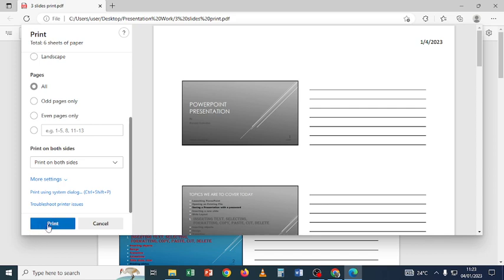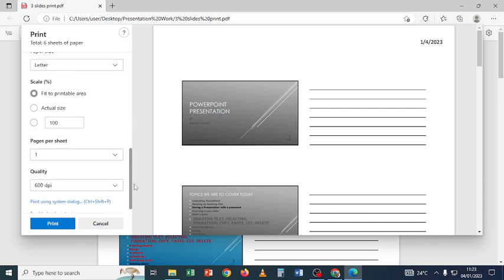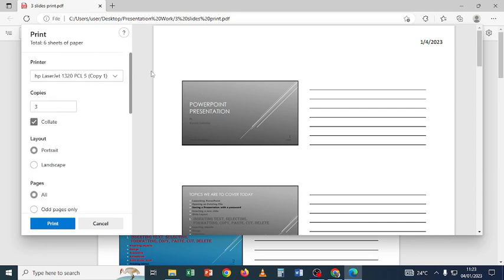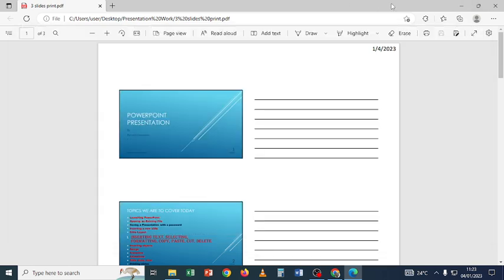Then when I'm done, I select print or more settings. More settings, then I get all of these ones. Then I click print, which I'm not going to do. I cancel. So that is that,